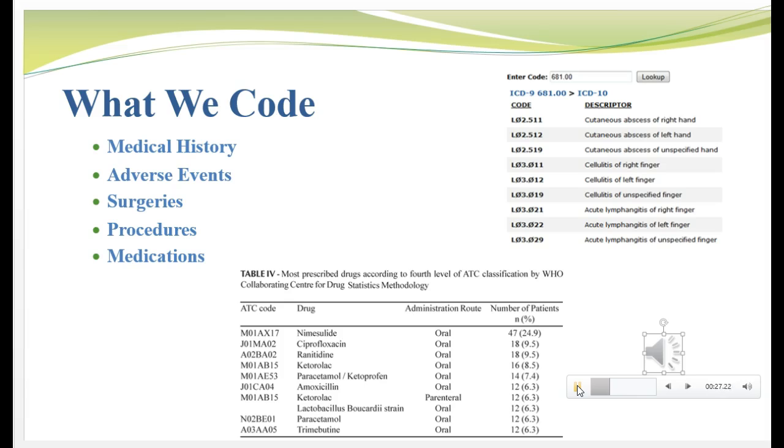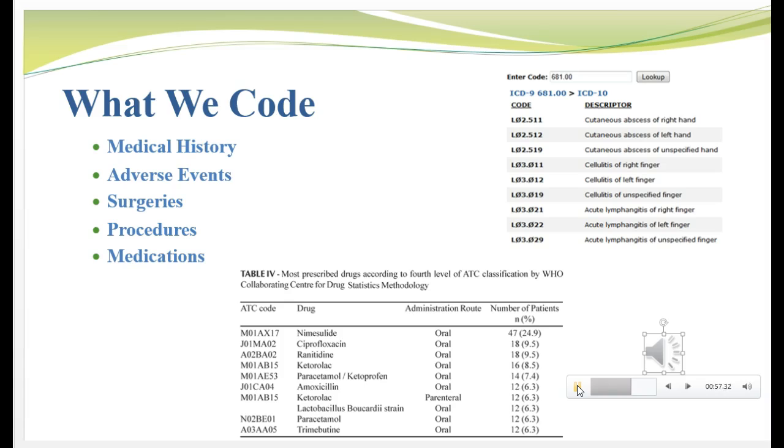And here you can see one of these is an ICD-9 coding up in the upper right-hand corner, and you can actually see the number. The top one is, I think it's like L02.511, which is an abscess of the right hand. So you can see, in this case, the verbatim text and then the code that it maps to. The lower table is a drug table, and you can see here that they have what they call an